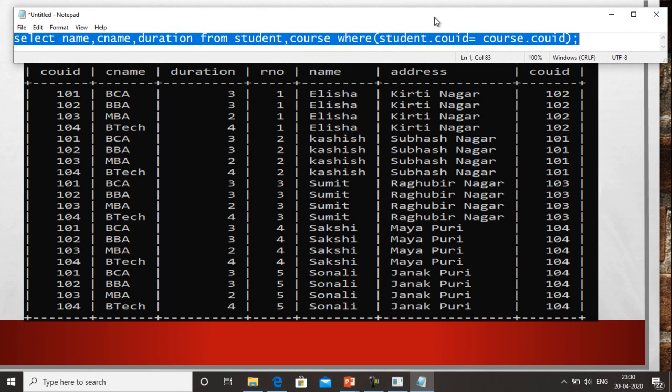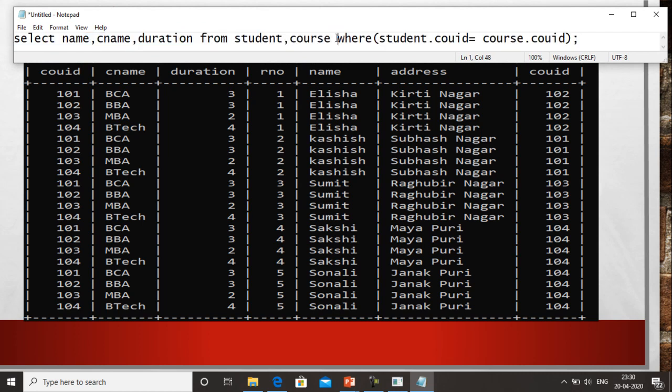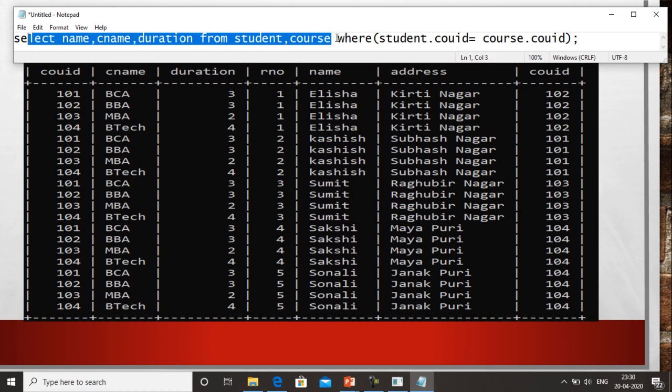Okay, so what happened in this command? Whenever you process this command, first a Cartesian product is performed between these two tables, that is student and course. So when internally a Cartesian product like this is performed with these two tables, the record of each student is combined with each and every course.